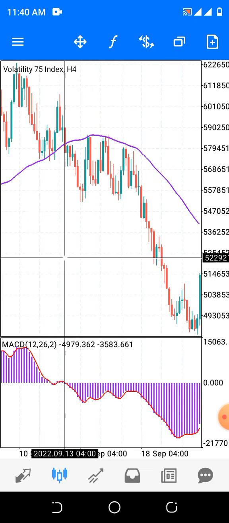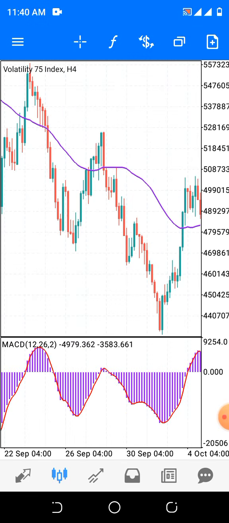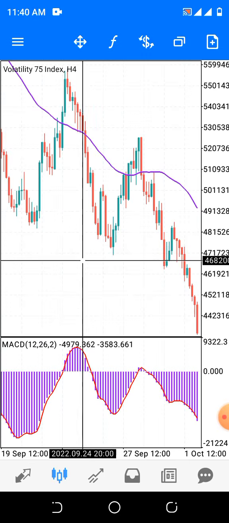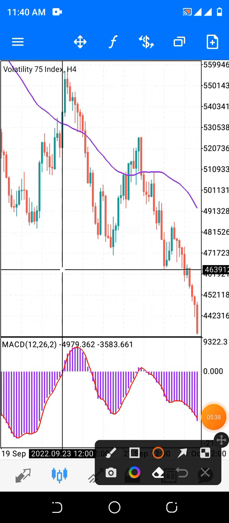As it continues now, watch here. Look at this crossing here. There is a simultaneous crossing here. So you need to make your trade here, though the profit here is not much. Do you understand? As little as this, for any entry you are making, make sure that you use